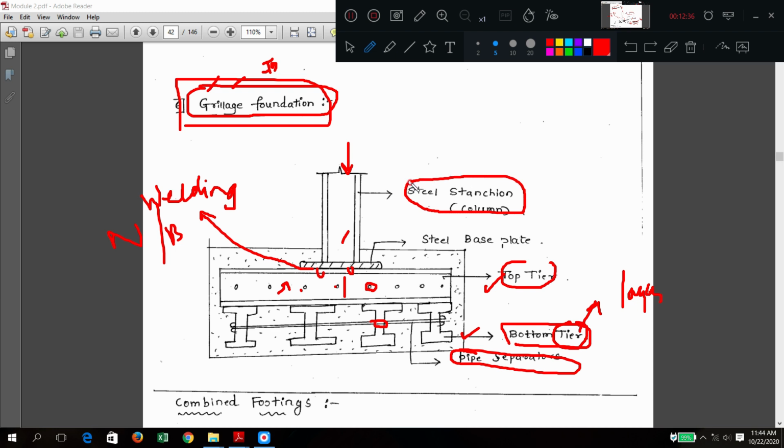Everything is placed, and concrete is poured. Pouring means putting. So this type is called grillage, used for industrial heavy load carrying buildings. Is that clear? Yes. Grillage foundation.